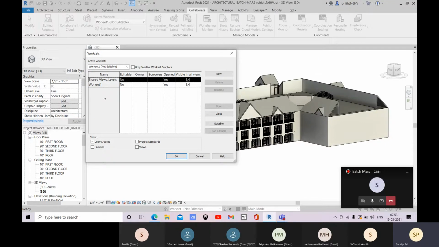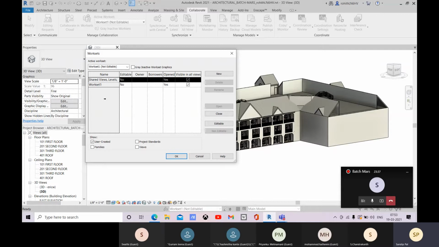So here it's the same kind of thing, but here you have some more advanced things as well. Like here you can define the borrower. That workset you can assign to some particular member or some particular person. They can work with that workset.